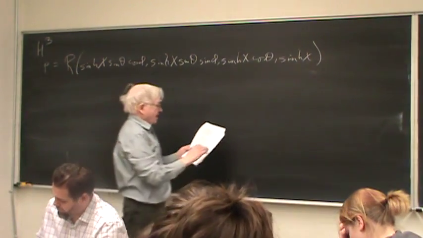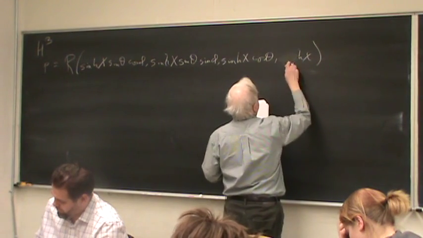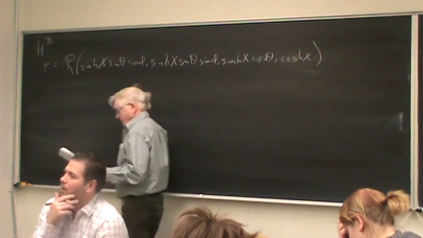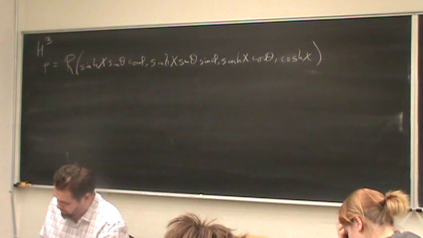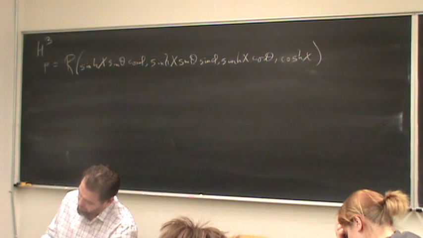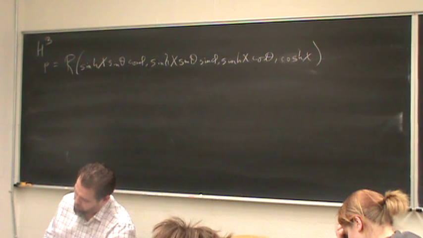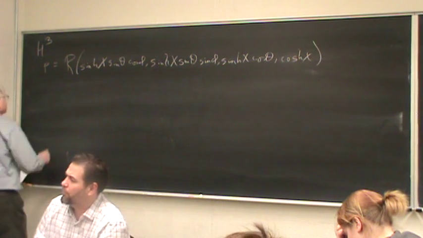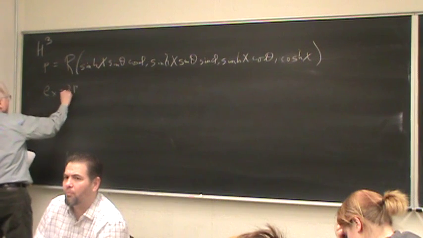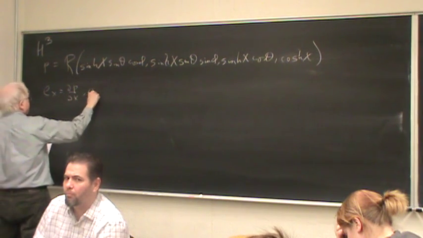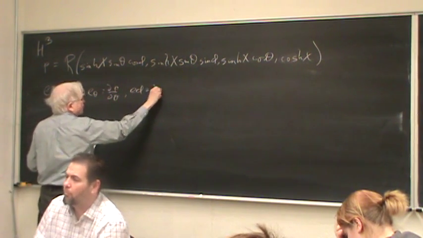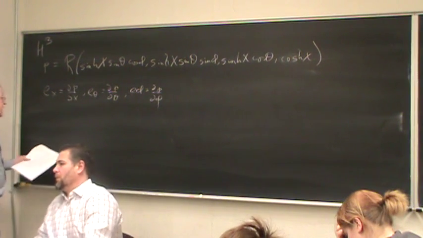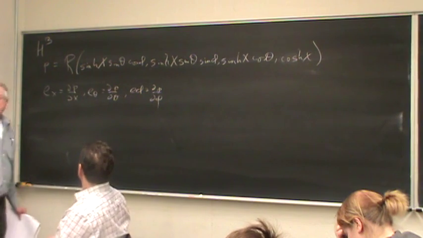No, cos. I've got all these equations, and if I'm on the wrong line, I copy the wrong thing. So these are the points for the hyperboloid, and now you define your basis vectors in the same way: e chi is partial p partial chi, e theta is partial p partial theta, e phi is partial p partial phi, and now we're going to use, if we used the same metric,